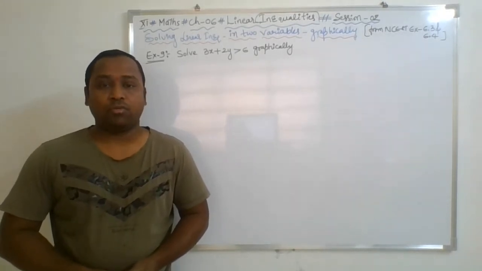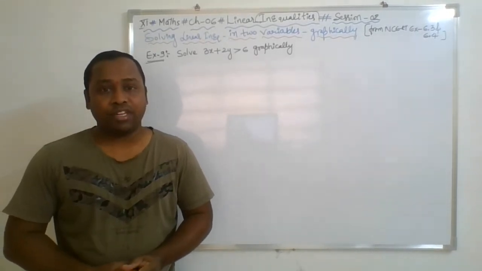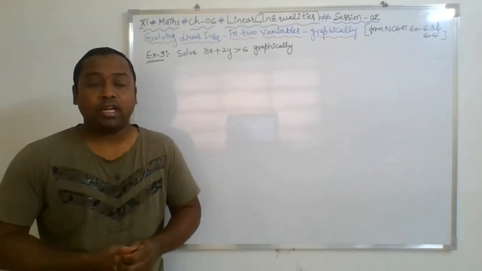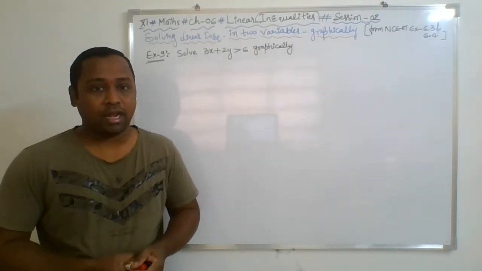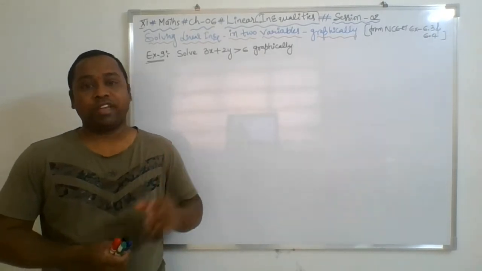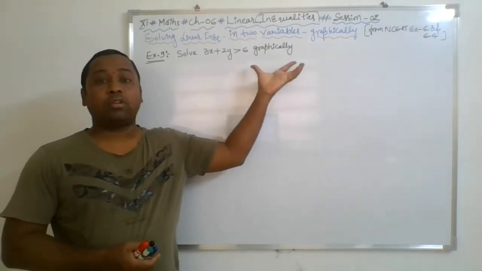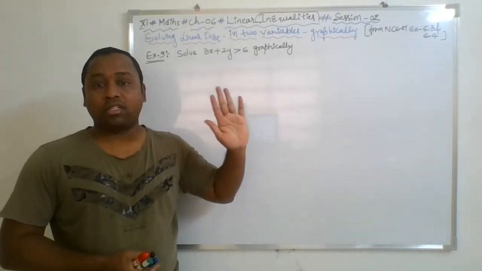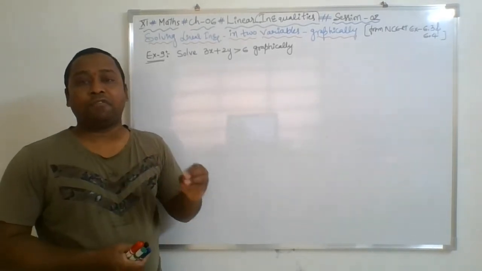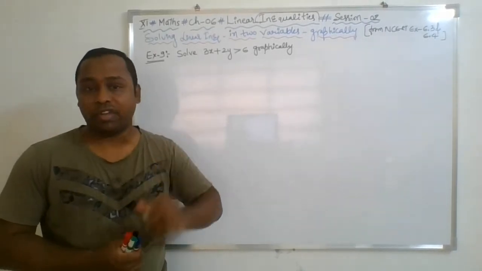Now, in this session 2, we are going to discuss the linear inequality in two variables concept, which means that we are going to solve the linear inequality in two variables. And linear means degree still 1, but we are dealing with two variables, and we are going to solve this inequality graphically only, not algebraically. Only through a graph are you going to find the solutions of this inequality which involves two variables.